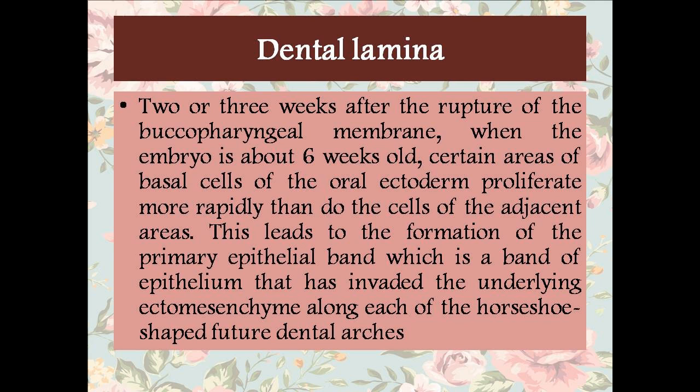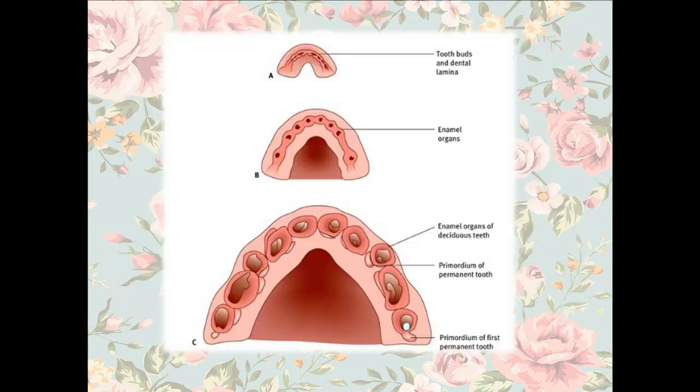Coming to the dental lamina. Now, as I said, at the 27th day of gestation, the buccopharyngeal membrane will rupture. 2 or 3 weeks after the rupture, when the embryo is about 6 weeks old, certain areas of the basal cells of the oral ectoderm will start proliferating rapidly. This leads to the formation of a primary epithelial band, which is a band of the epithelium that has invaded the underlying ectomesenchyme along each of the horseshoe-shaped future dental arches, that is your maxilla and mandible. As you can see in this picture, these are the horseshoe-shaped arches which are lined by the primary